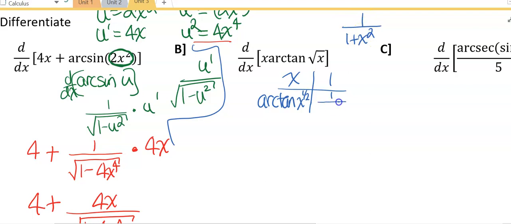So we're doing the outside: 1 over 1 plus x squared, which is x to the 1/2 squared, so I'm doing it technically without the u piece. This gives me 1 over 1 plus x